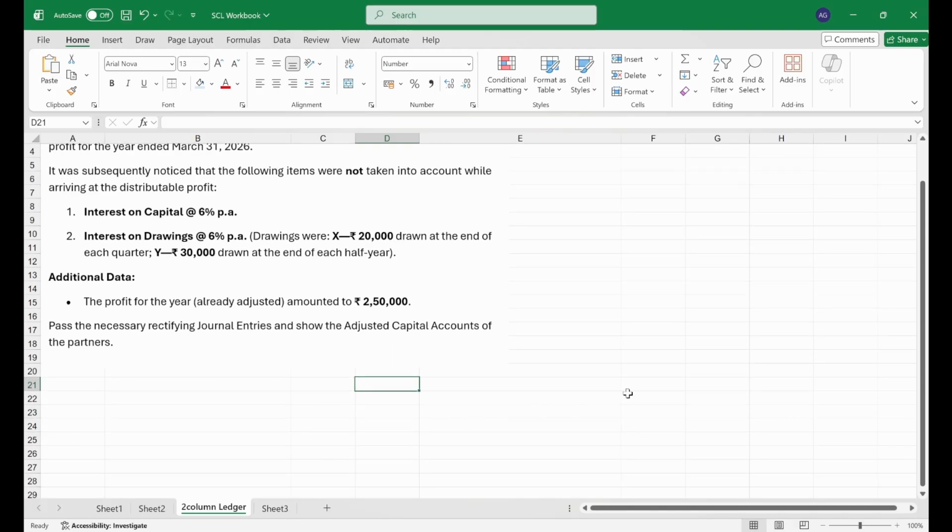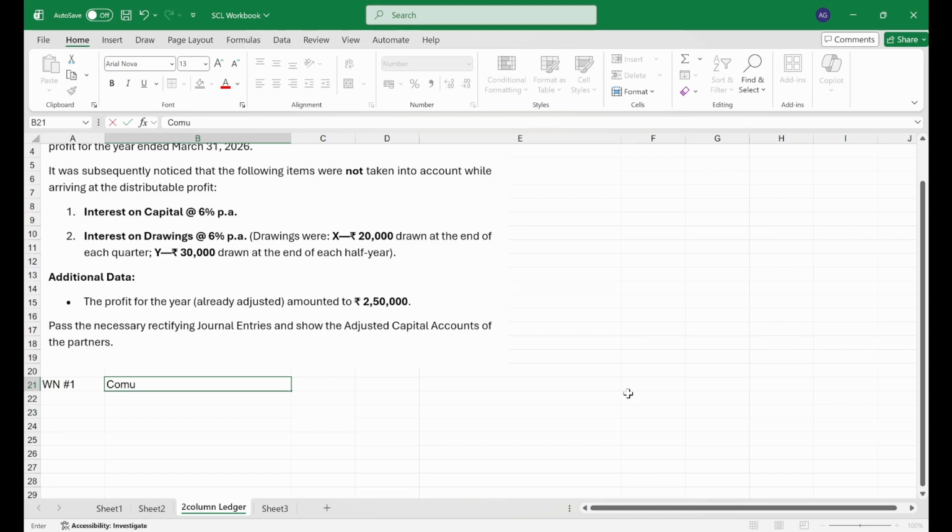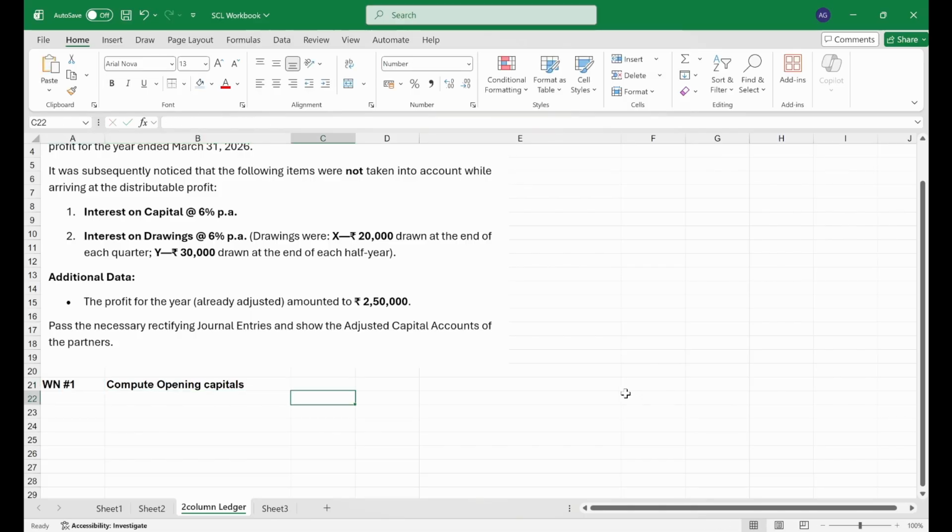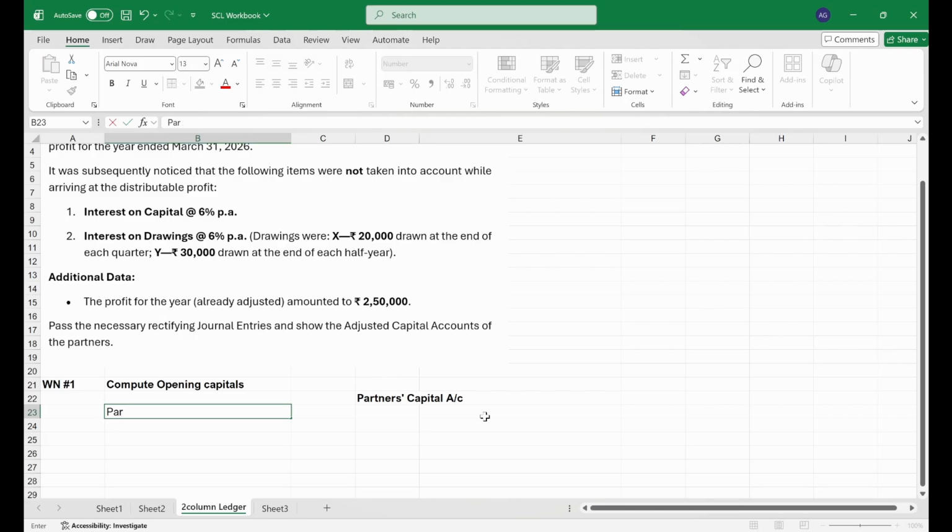So let me write down the first step. Working note number 1. I have to compute the opening capitals of the partners. This I can do either way. I can use a tabular column method or I can use a ledger method. I am comfortable with the ledger, so I will use a partner's capital account to come up with the opening